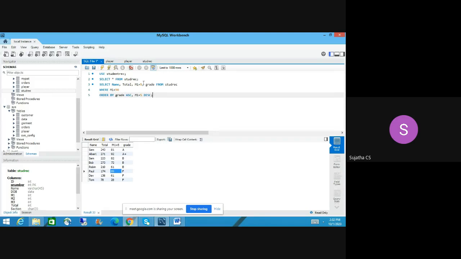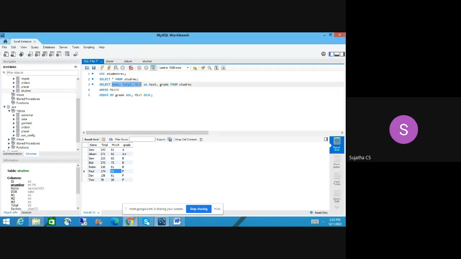Then you can use this exact M1 plus 5. You can add an alias name, so as alias I can use test or whatever. Okay, if I run this query, what will happen? I have to change this one as a term. See, whatever you are picking here, the same way you have to write when you use order by or any other constraint.